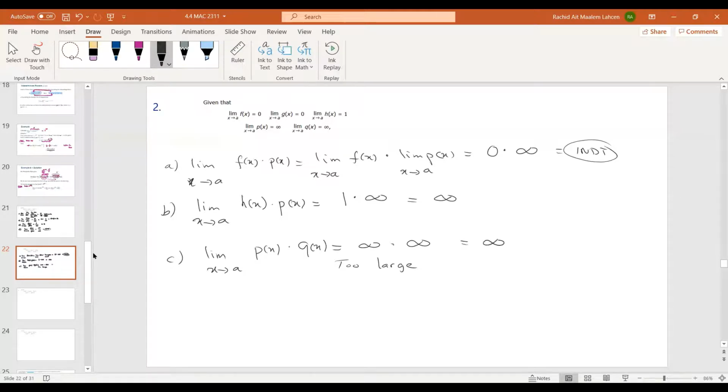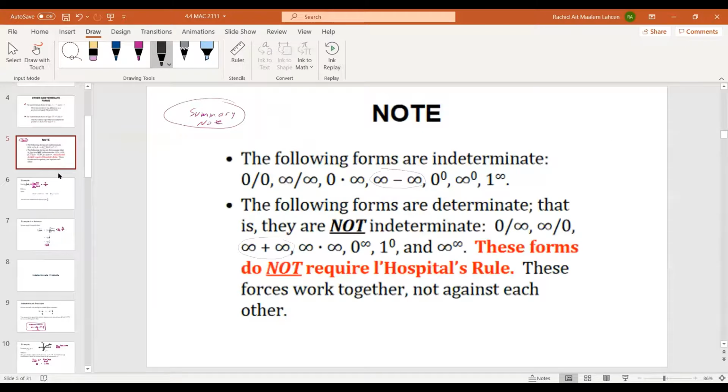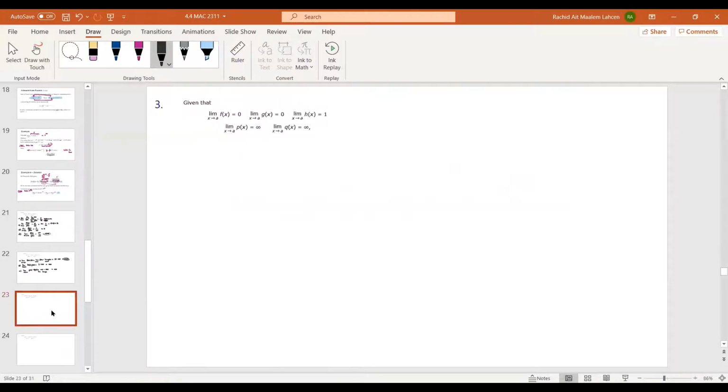So that's just going to be infinity. And you can always look into the summary of the notes, which ones are indeterminate and which ones are not. So let's look at this example for the quotient,